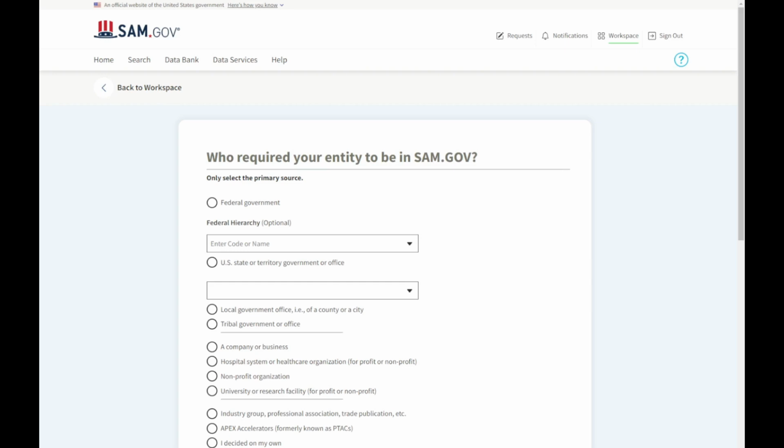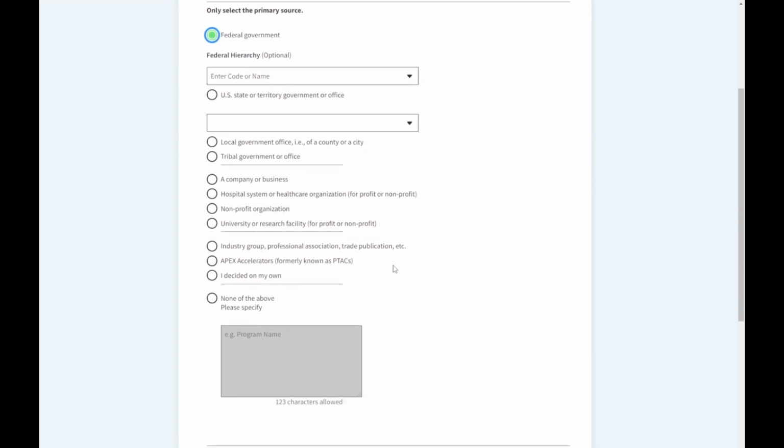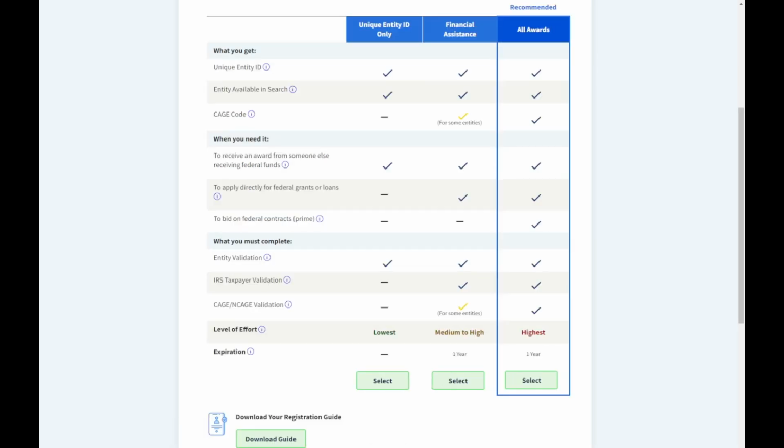Who mandated that your organization be on SAM.gov is asked. The federal government selects and clicks Next. The lower section is optional. We click Next. As I explained before, clicking Get Started,